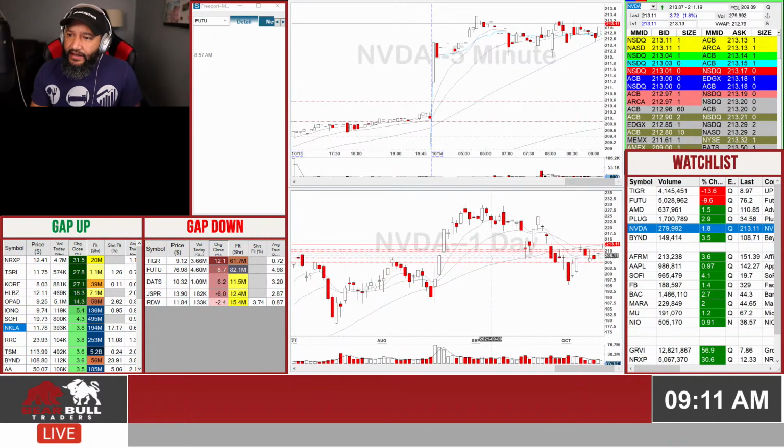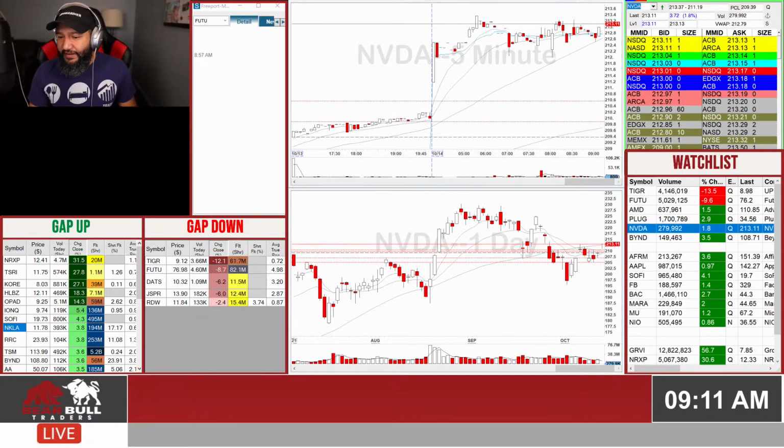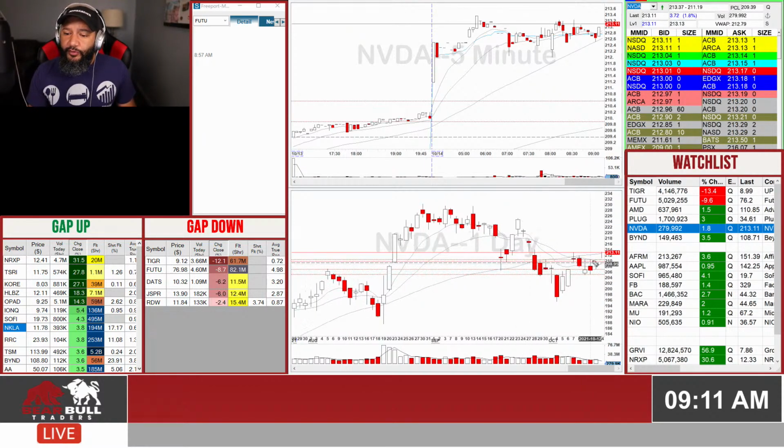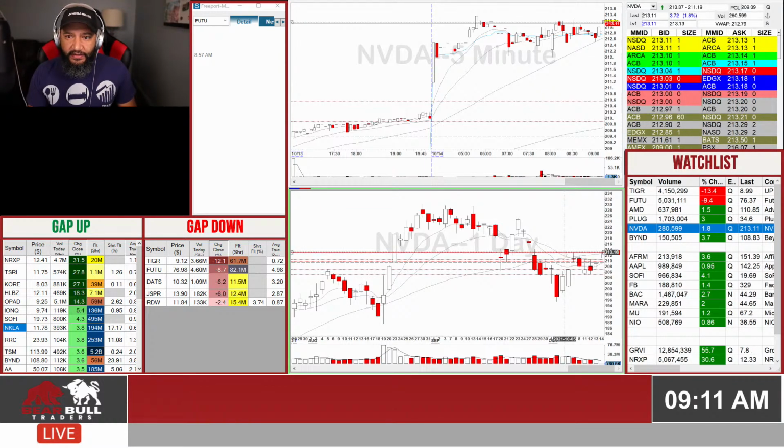Here's NVIDIA, guys, up 1.8, 279,000. Tons of support towards the bottom, guys. You got everything going on there. King of all levels, previous day close on there, and highs and lows. So again, you're pretty much set there. Towards the top, you do have high of your pre-market sitting right at